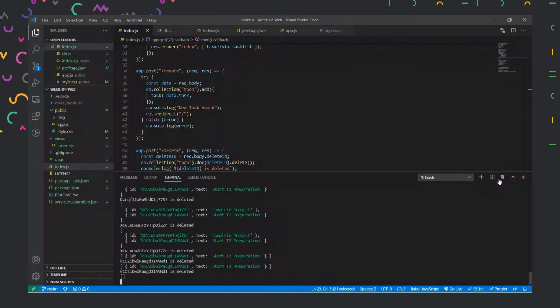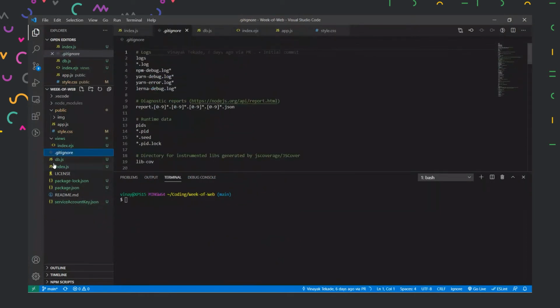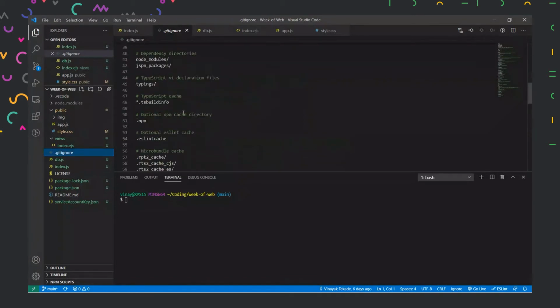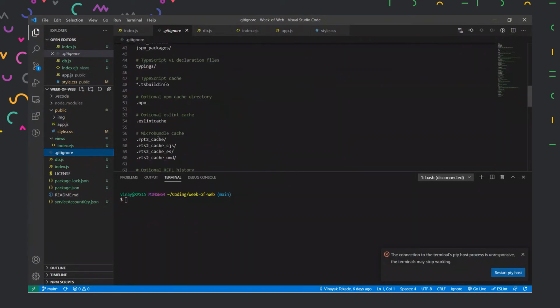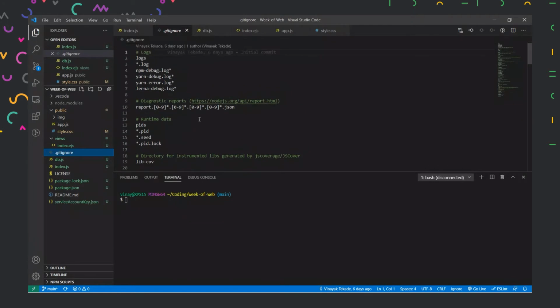And so we'll have to add this to our GitHub, right? So to do that, so that this file is not uploaded online, we have something called a .gitignore file. Inside the .gitignore file, all the files which aren't supposed to be uploaded online are present. Like remember how I earlier told you that our node_modules folder should not be uploaded online, because we can anyway install it easily using the npm i command.